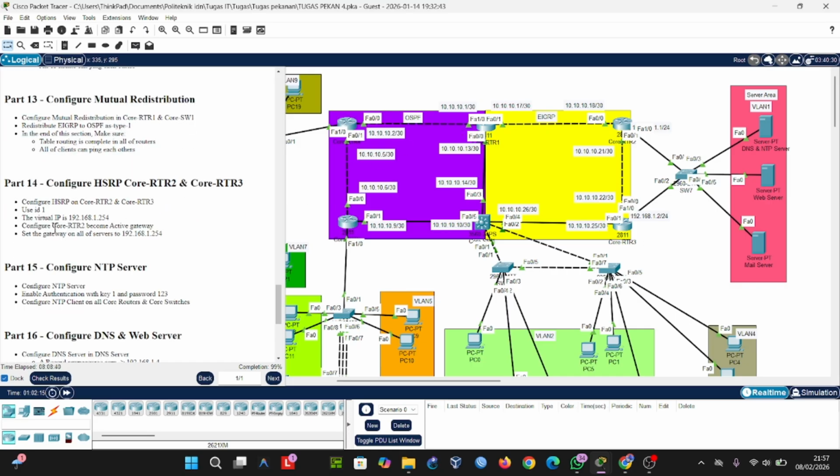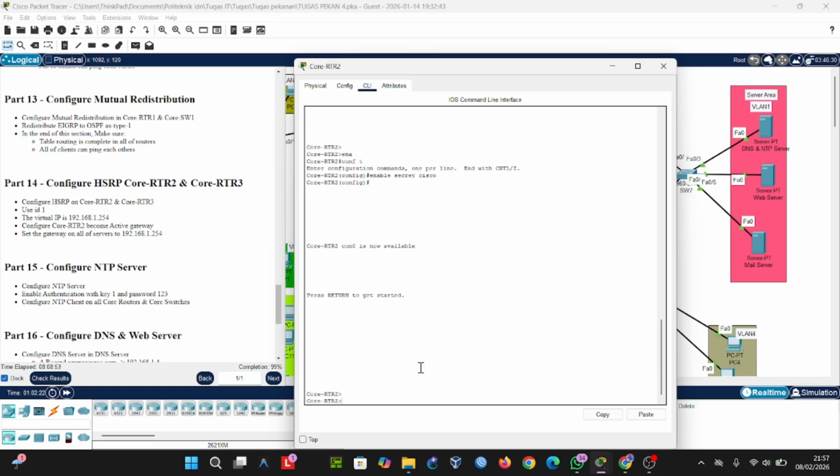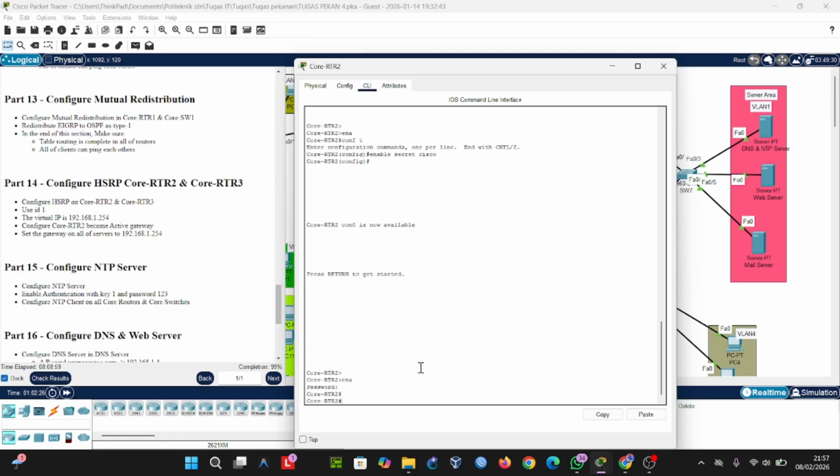Okay, the continue is configuration HSRP. This is configuration in RTR2 and 3. This is configuration HSRP. We try to show run.